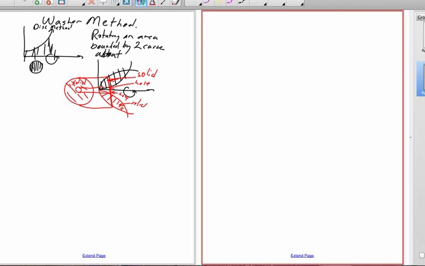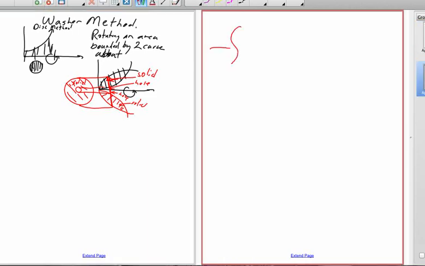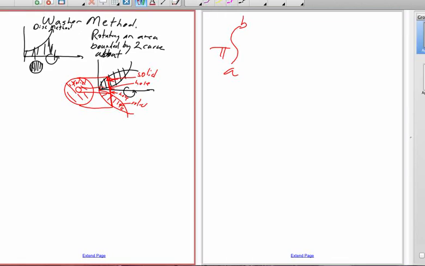If I calculate the volume for this solid, I integrate pi times the integral from a to b, where a and b are the intersection points of these two curves. This one right here is y equals the square root of x, and this one is y equals x squared. So it's going to be the square root of x